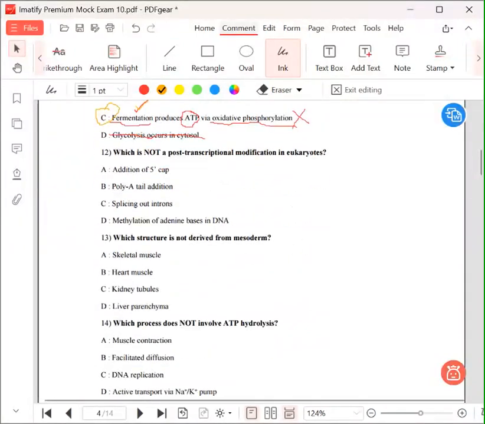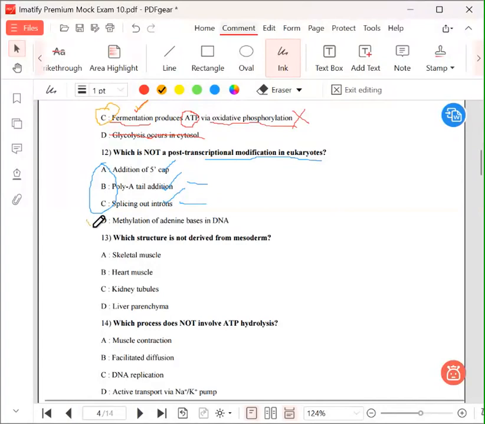Question number 12. Which is not a post-transcriptional modification in eukaryotes? So remember that the addition of 5' cap, poly A tail addition, or splicing out of introns, all these three are post-transcriptional modifications in eukaryotes. These are essential processes in processing pre-messenger RNA into mature messenger RNA in eukaryotes. Either it's capping, tailing, or splicing. The option that is left in our choice